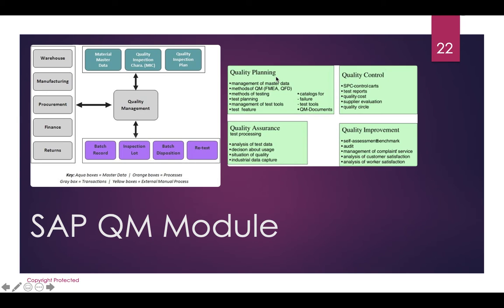And finally, quality improvement, because there are many customer organizations who may not accept the product if the quality is not good. So through SAP quality management, you can do quality checks of the incoming item, and you can also do quality control of the semi-finished product or the finished product.